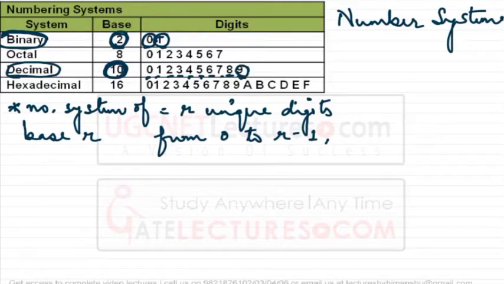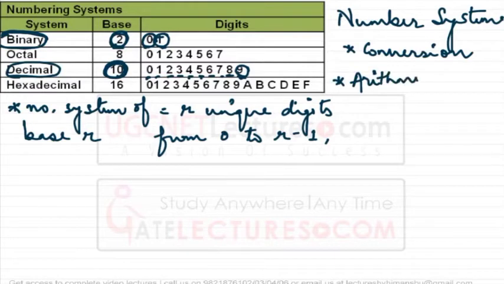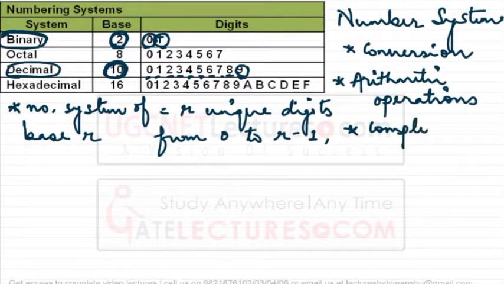Fine. So what are we going to learn in number systems? We are going to see conversions, interconversion between different number systems from decimal to binary, binary to decimal, binary to octal, and so on and so forth. We are going to see arithmetic operations of addition, subtraction and multiplication. Fine. And then we are going to learn complements in different number systems. In further classes, I'll tell you what complements mean. Fine. So here you can see, let us look at different number systems that we are going to use often.